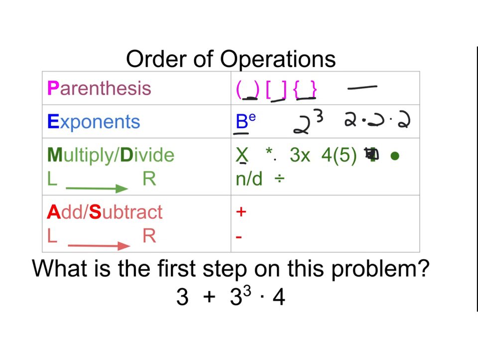So in order for me to know that you actually watched this video, I want you to tell me what is the first step on this problem. So what you need to do is it's 3 plus 3 to the third power times 4. So in this case, the first step will be 3 to the third power. So make sure you answer that in the actual problem that I gave you, and then go to the next